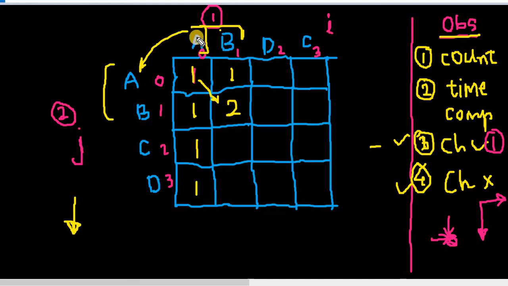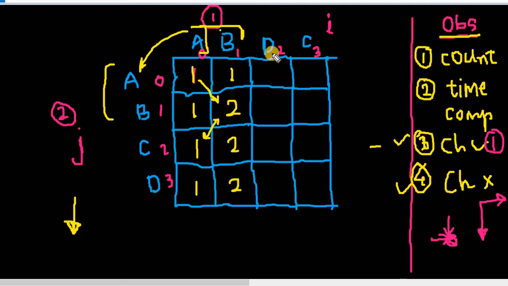So we'll add 1 to the previous value if the particular character matches. Okay, so again we'll check AB with A, B, C. So B does not match with C, so we'll get the value from the top. So this is a 2. So basically here we'll check whichever is the maximum between these two, and the maximum will be taken because we need to find the maximum, the longest common subsequence. We'll inherit the maximum value. After that, B will be checked with D. It does not match, so it will inherit the maximum value from these two. So this will be a 2.